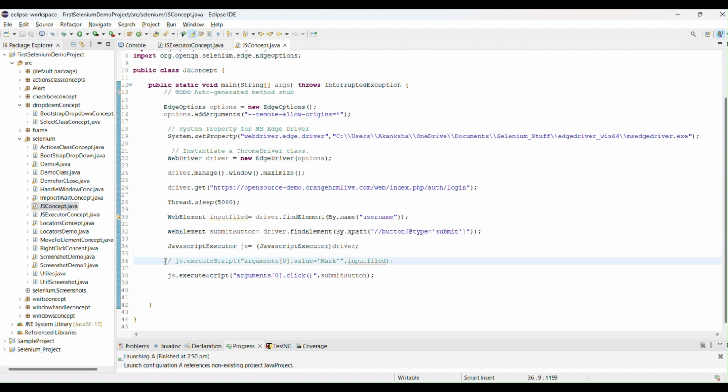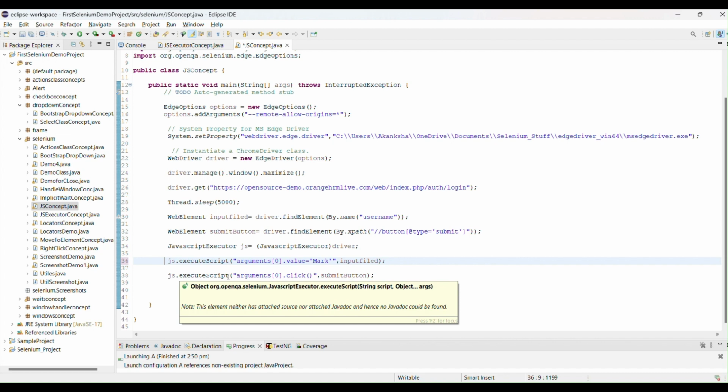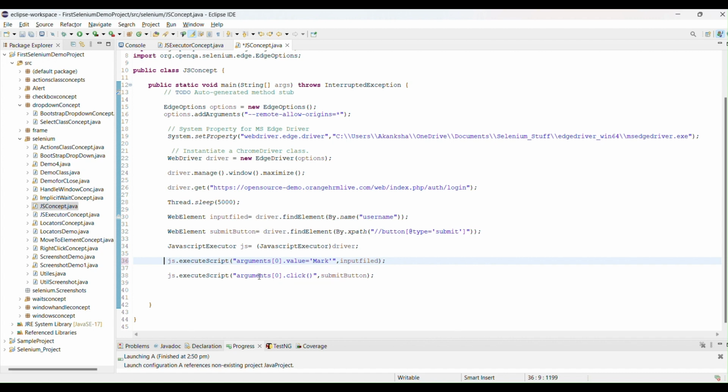Third, I showed you how to perform click operation using JavaScript executor. We are not using the click method. We are using the JavaScript executor script method. After that we provide the argument, then the value where you want to click, right? So this way we use JavaScript executor and we can perform these operations.